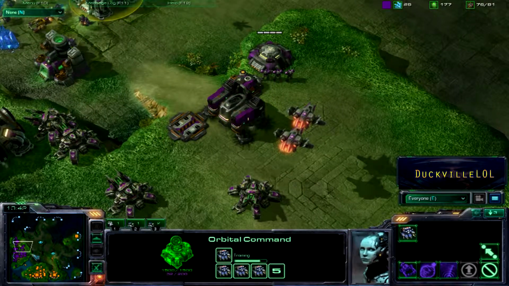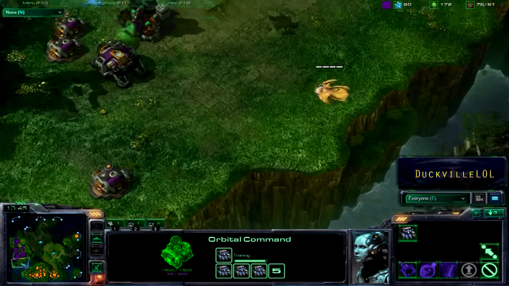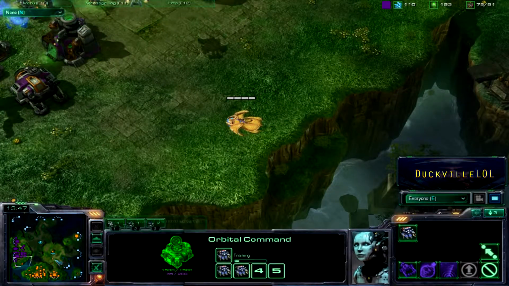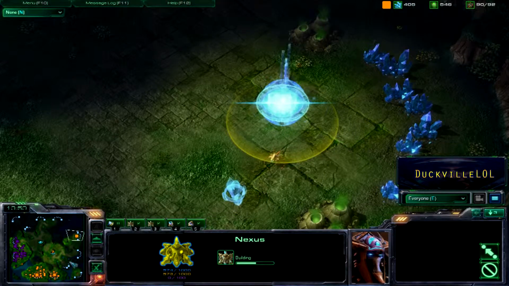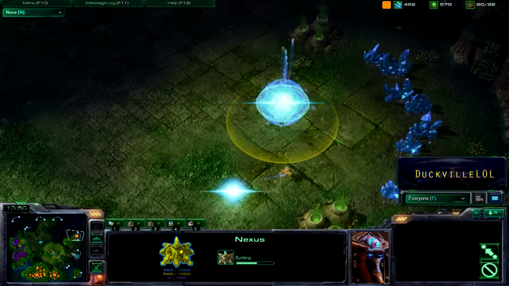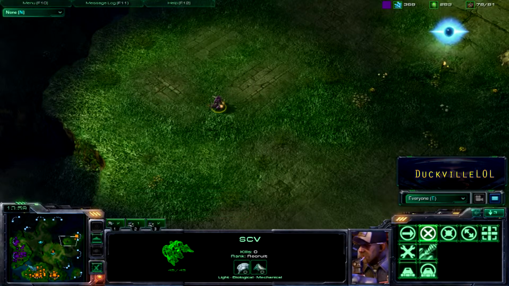Not only that, if a Protoss actually sees you doing it, they may even just go out and expand a couple of times themselves, much like what adelscott has done. He's taking the expansion up here at 2 o'clock. There is an SCV to scout it, but he's not actually going to